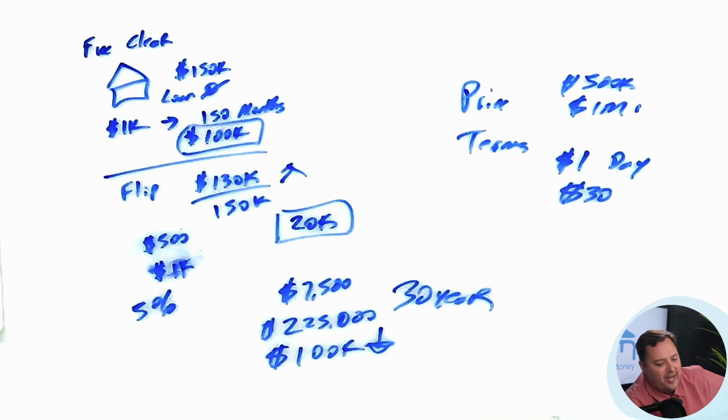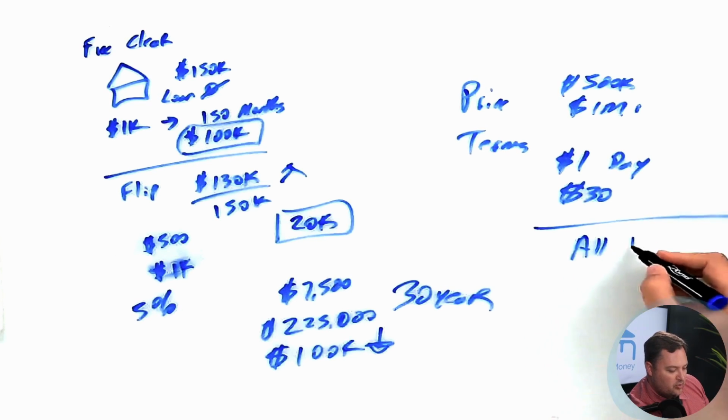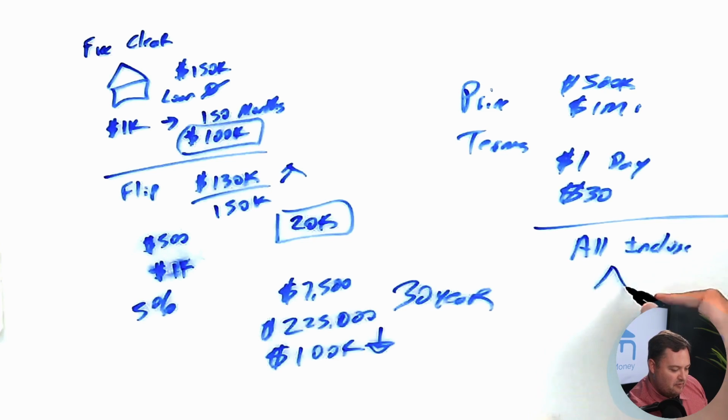I'm less worried about what I owe and what the price is, especially if I'm not signing any type of personal guarantees, which I typically don't do when I'm talking about a seller financing type situation. Now, there's a few other different types of seller financing situations. I don't want to deep dive into all these, but you have what's called an all-inclusive, which is a situation where, let's say the property is $150,000,